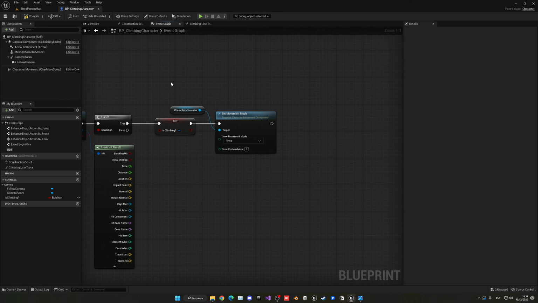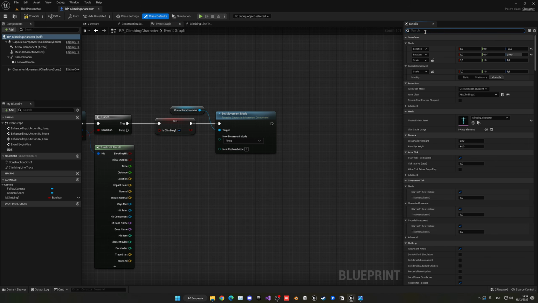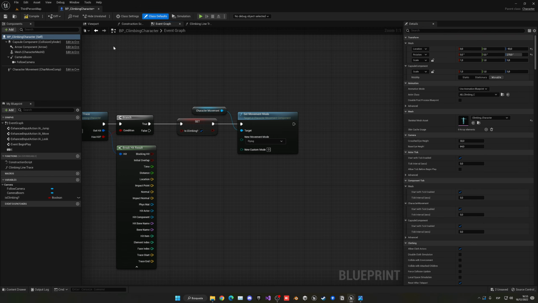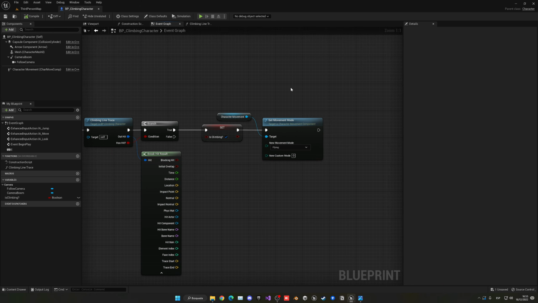Now the thing that I think we're going to change is go into class defaults and search for flying, and then if you go down into braking deceleration, this will be 0. So just crank this up to around 1000. It's just because there will be a smooth transition, like an inertia, I guess, when you move around. And if you just increase the braking deceleration of flying, it would just look a bit better. So make sure to just put this into a high value. And now we can continue with our